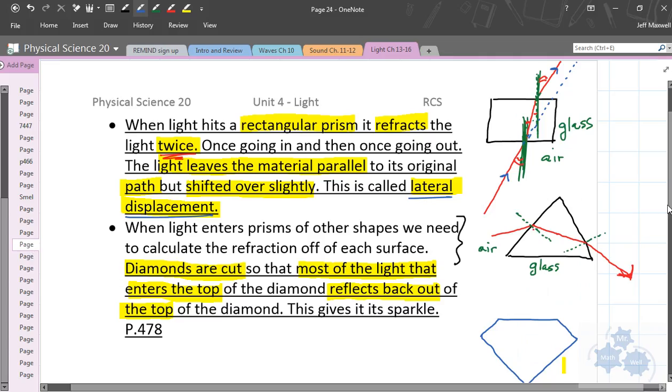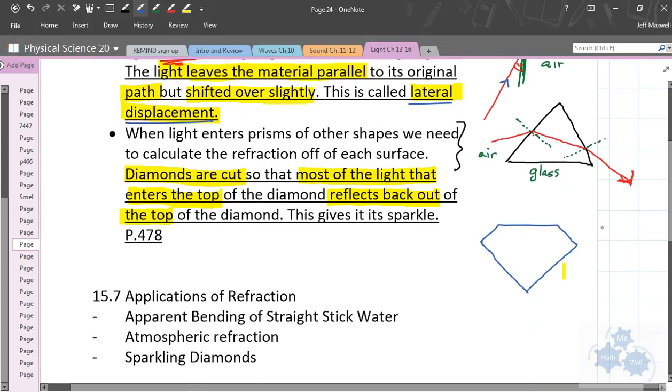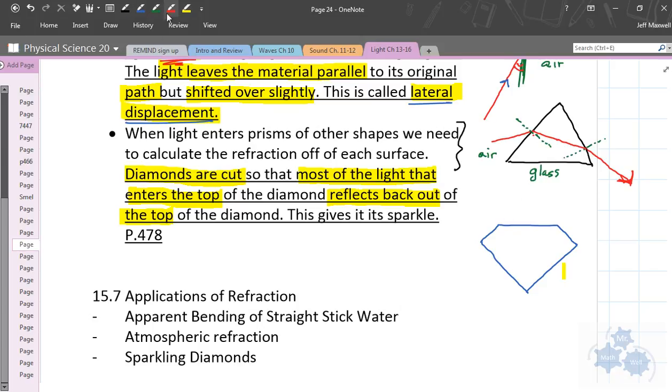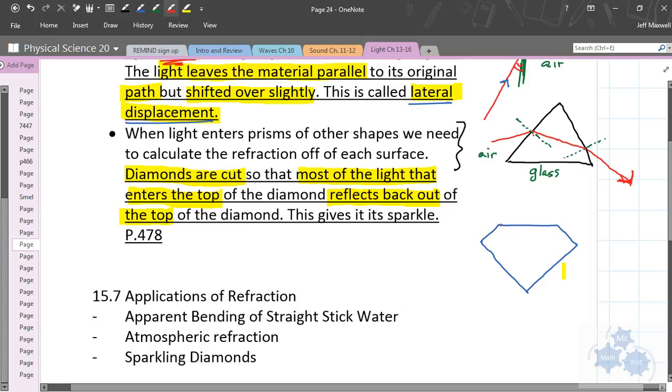Alright, so if we look at a picture of a diamond here, this is our typical diamond shape with a flat top, and a lot of light is going to come through this flat top here. So let me just draw a red light ray as well. Okay, comes into the diamond. If this comes in perpendicular, it's going to come straight through. Now when it hits the back side, or the bottom side of the diamond,